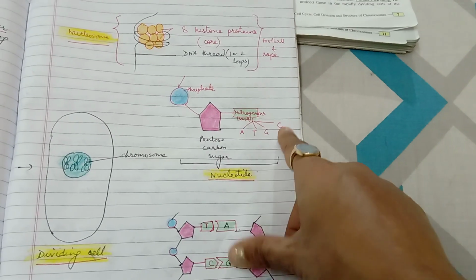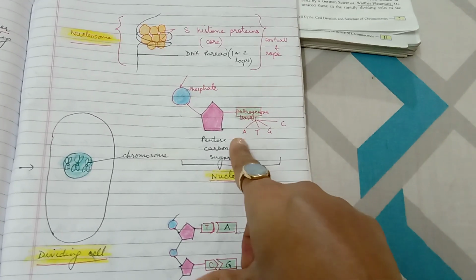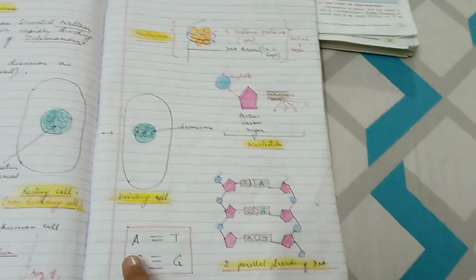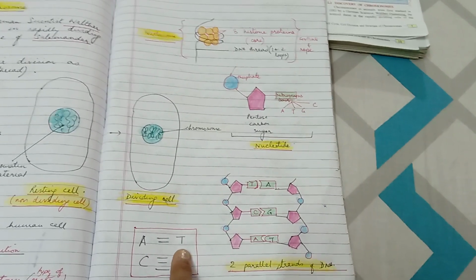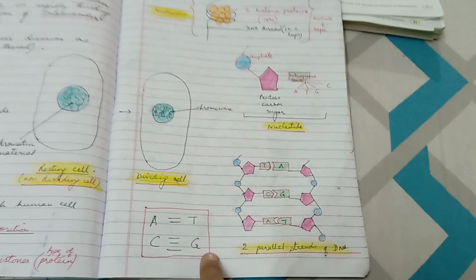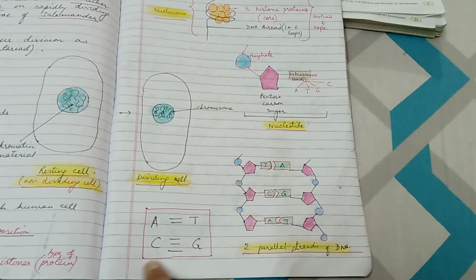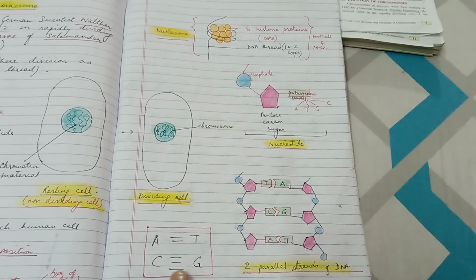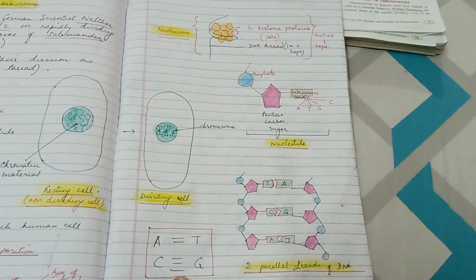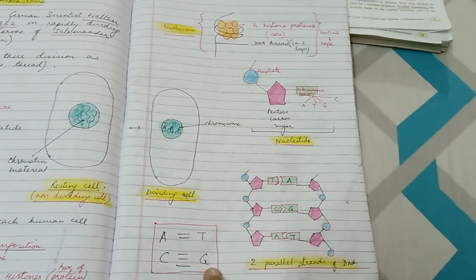And it is very specific. At a given time in a nucleotide, any one of these would be present. There's something further that we need to add, children. A always bonds with T, and that has a double hydrogen bond. You must learn by heart that adenine always bonds with T and cytosine always bonds with G, that is guanine, but here they have a triple bond. So you must understand it is easier to break this than this.